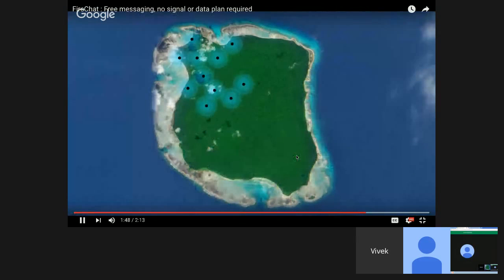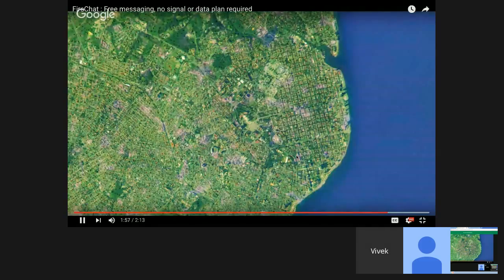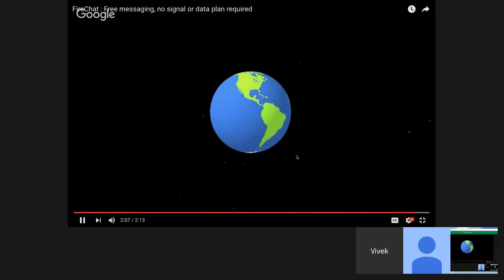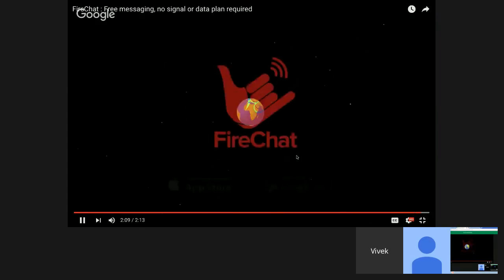So let's recap. With FireChat, you can create your own communications network to send both public and private messages, and it's free. But remember, you need enough people around you to make it work. If you live in a city, it'll take about 5% of the city's population using FireChat to cover the city. Get FireChat now with a few friends and start your own network.